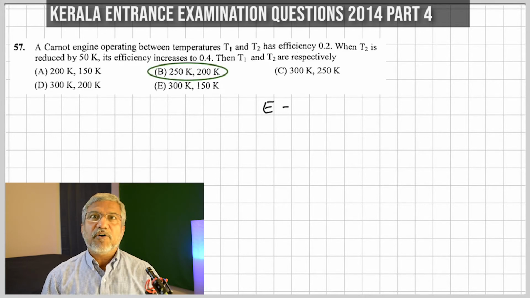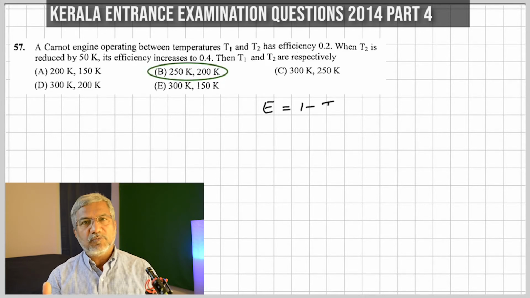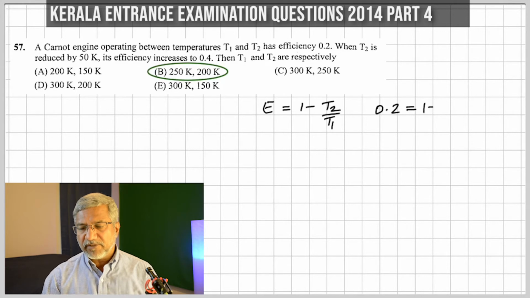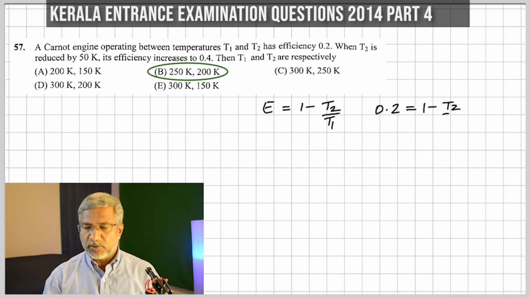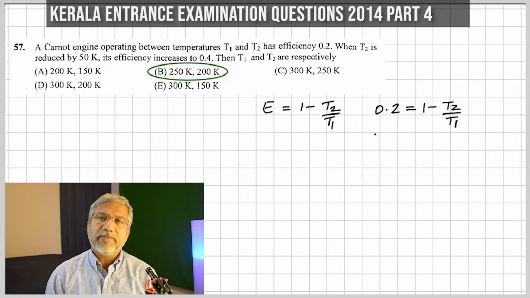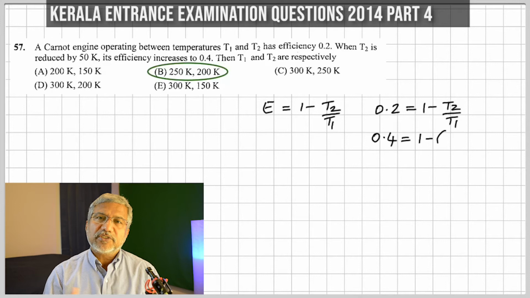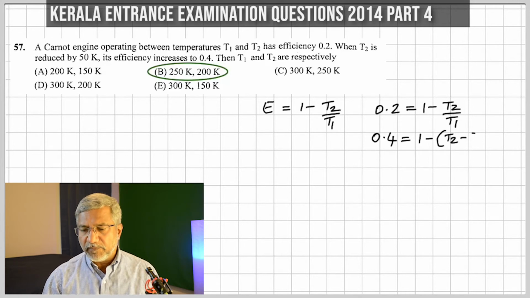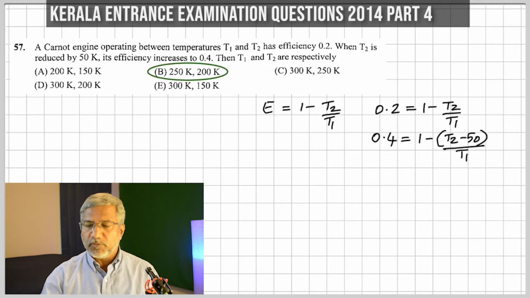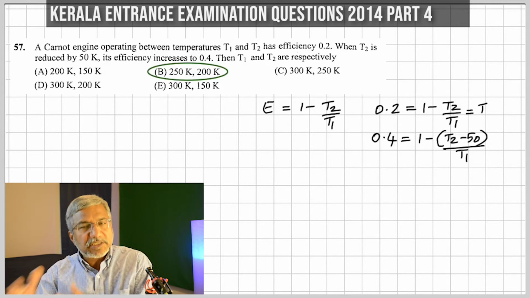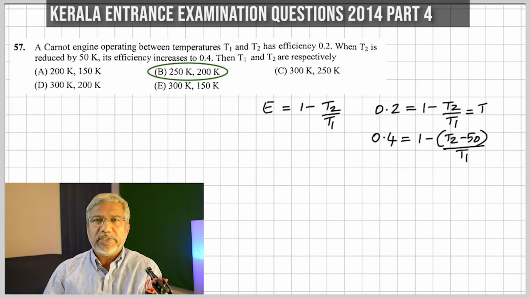Okay, efficiency. Formula for efficiency is E is equal to 1 minus T2 by T1. And so first it's given that the efficiency is 0.2. So you get that equation. So that's our first equation. And then the efficiency becomes 0.4. But this time T2 is reduced by 50. So it became T2 minus 50. Is that making sense? So that is T2 minus 50 because the temperature of the sink was reduced by 50